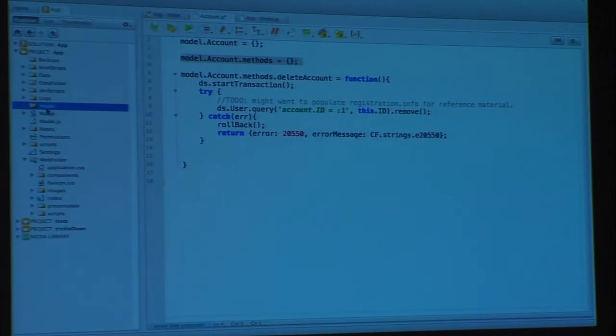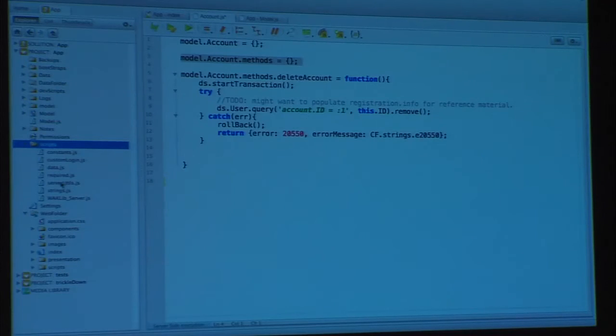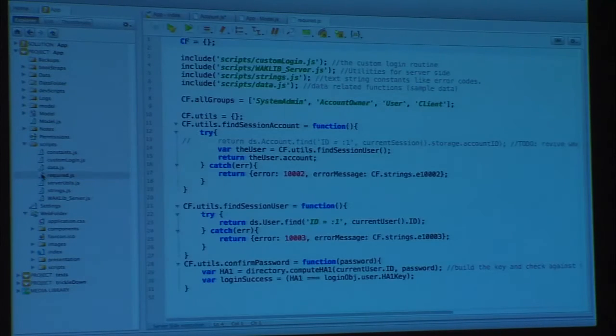So I've got a model folder with all of my data store classes. I've got a scripts folder, and required.js is an important file. This is where I'm creating a namespace for my application. I've got CF. So now when I create CF, any variables that I want to create that I'm using throughout my application are CF dot something. Okay? So you can see here,